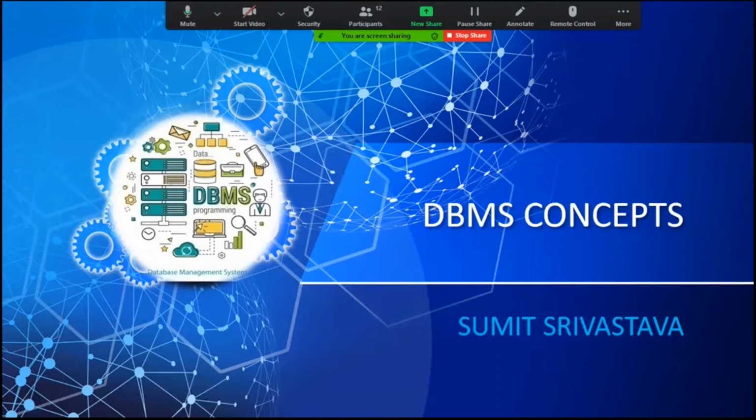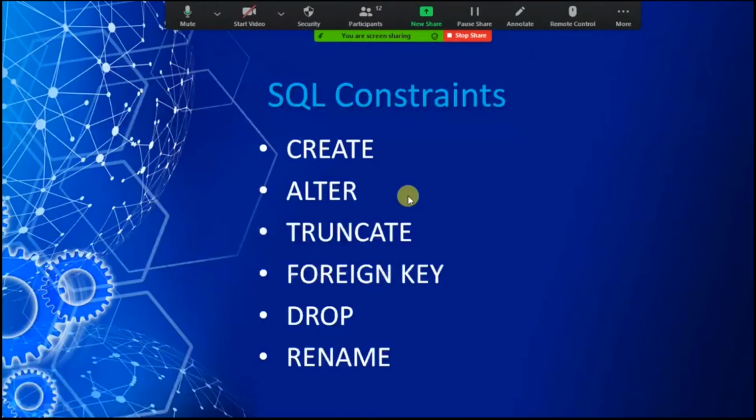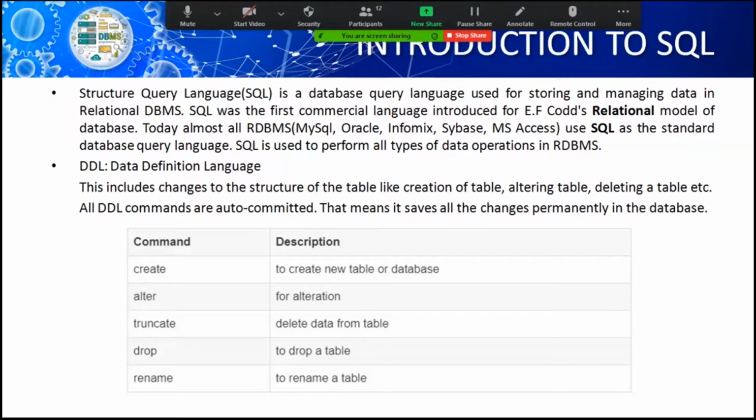Category in the sense, as we have discussed about the DDL, DML, DCL, DQL, all these types of queries or all these categories. Now I am taking the first category as the DDL, Data Definition Language. Okay,